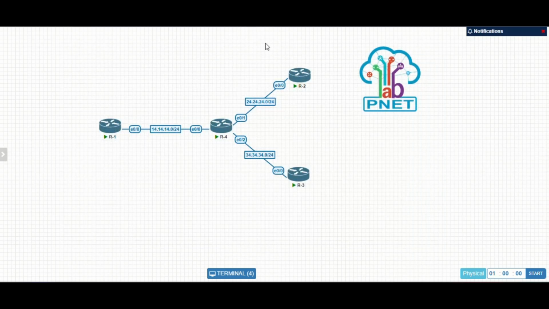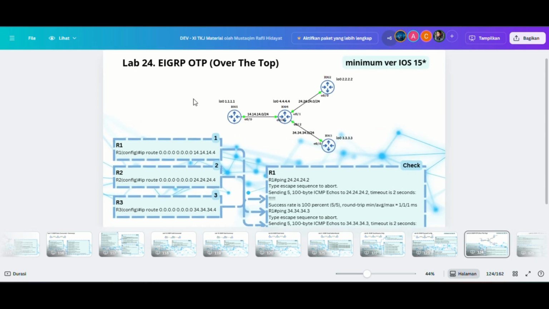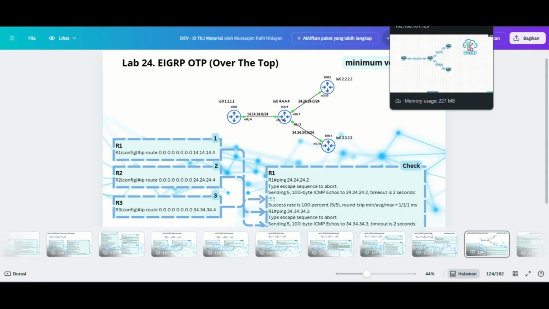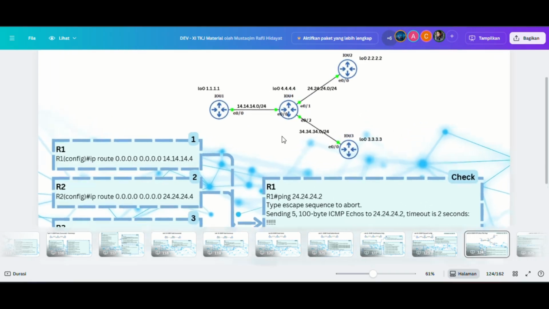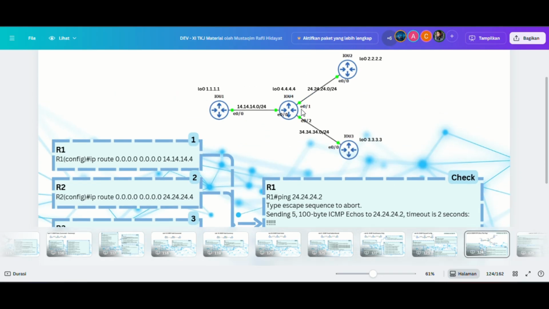So for the next is configuration. First, you can configure the router 1, and then for the IP address, interface Ethernet 0 is 14.14.14.1. After that, we focus on making IP addresses first.